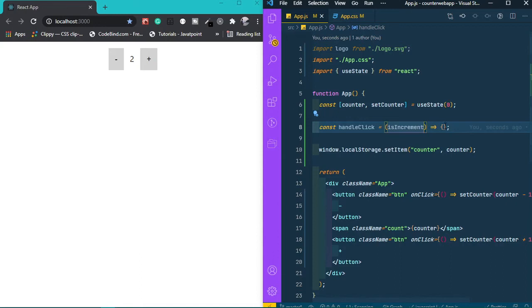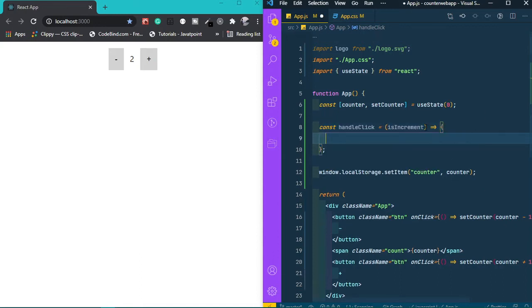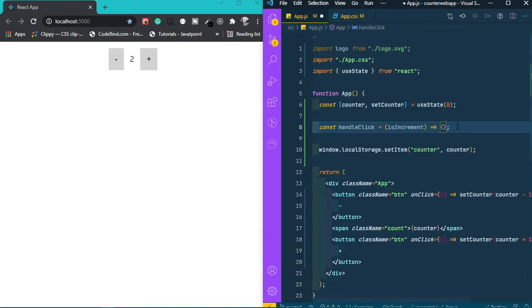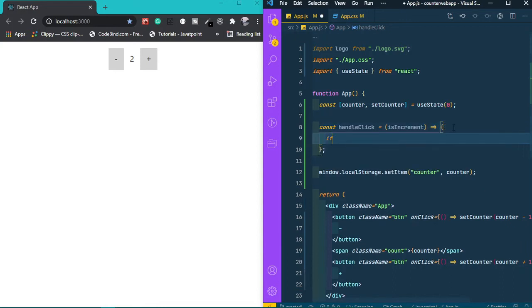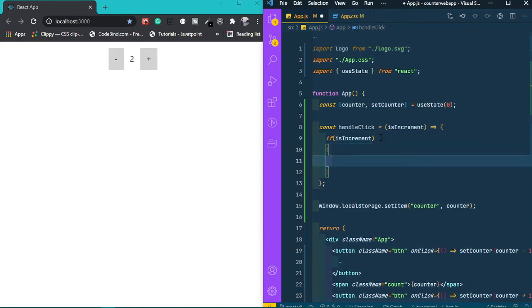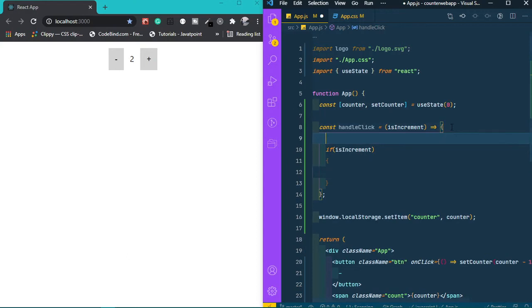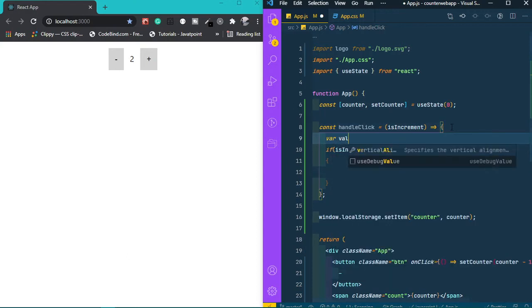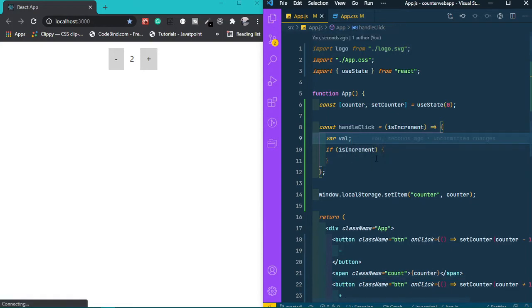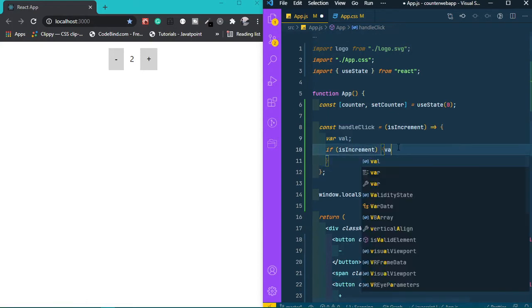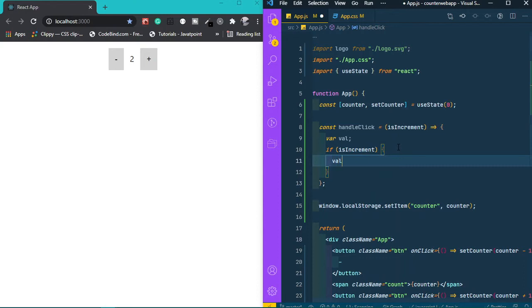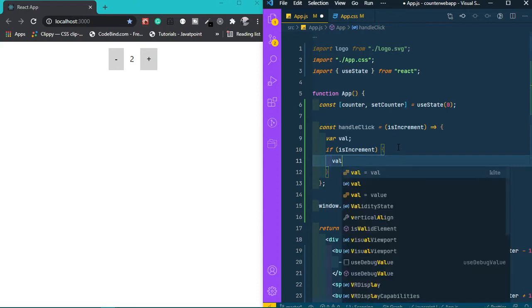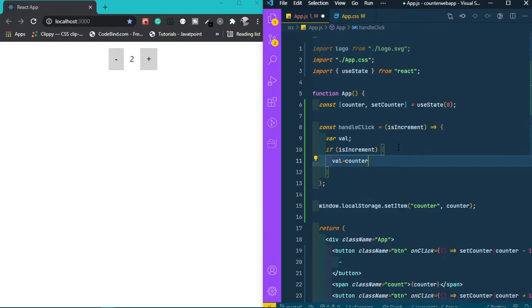By default is increment. Okay, so if it is increment, then we will say var value. If it is increment, then I want value is equal to counter plus 1,